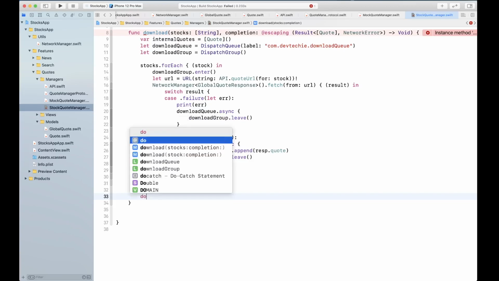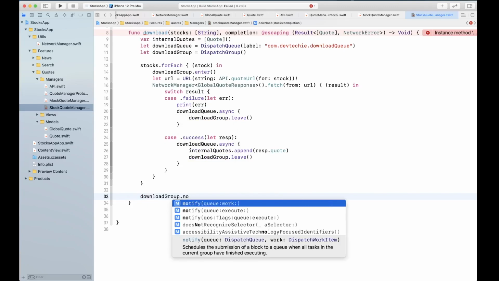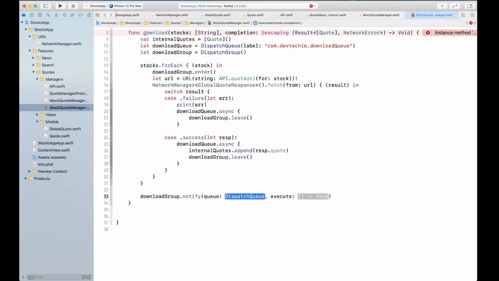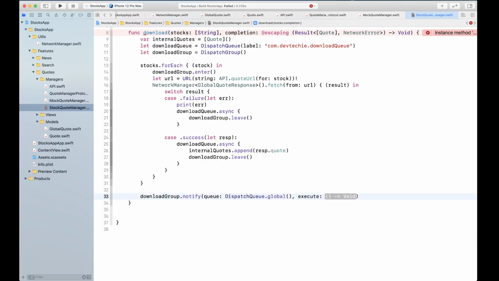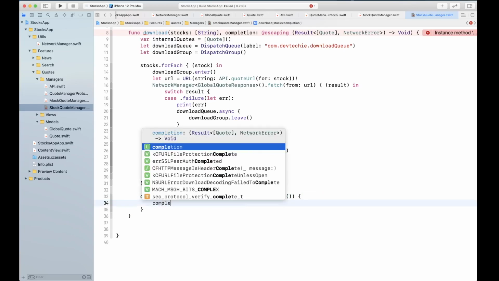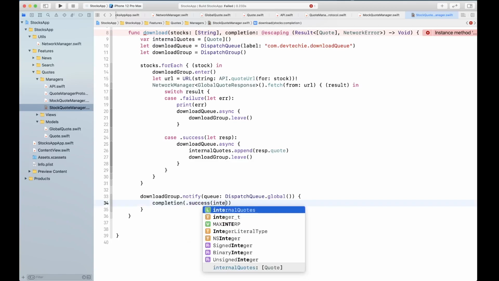So what we're going to do is first call our download group, and we're going to notify on the queue for the work. So dispatch queue dot global. So on the global queue, we want to execute completion with success, and we want to provide the internal quotes.